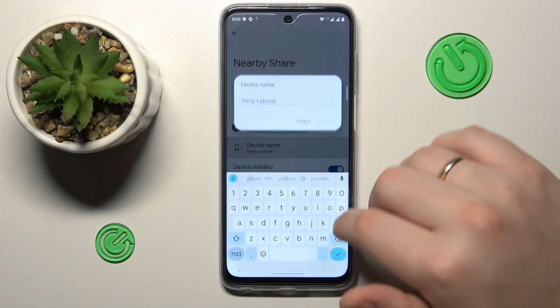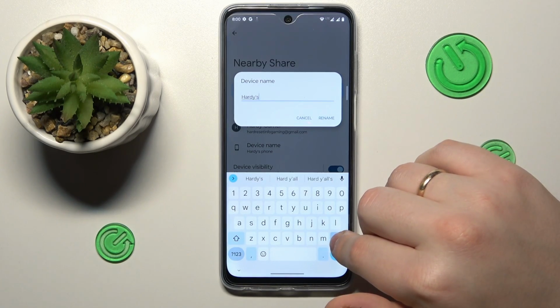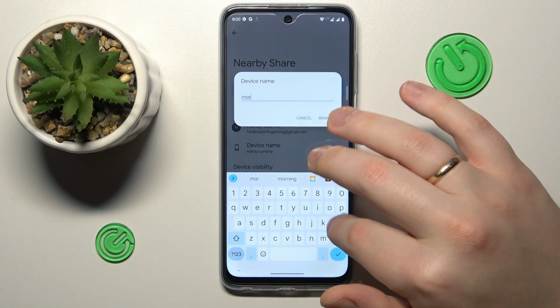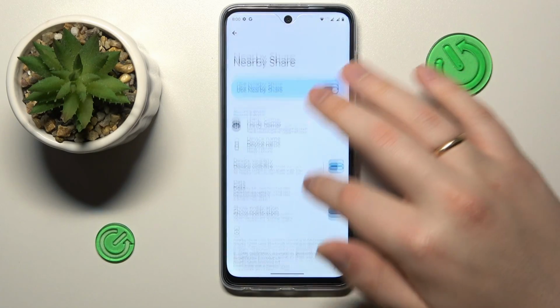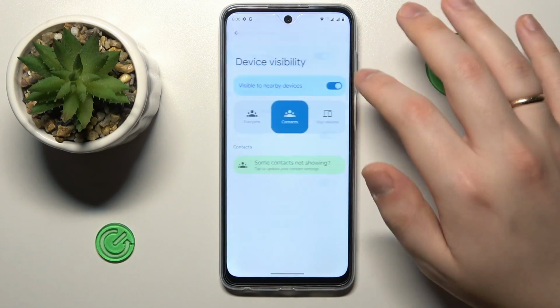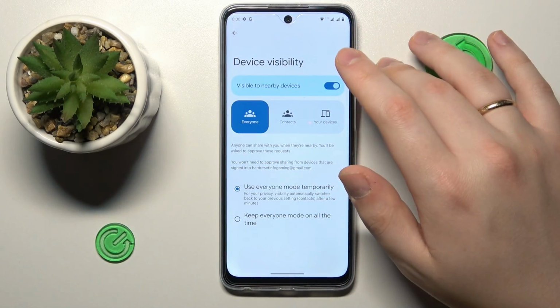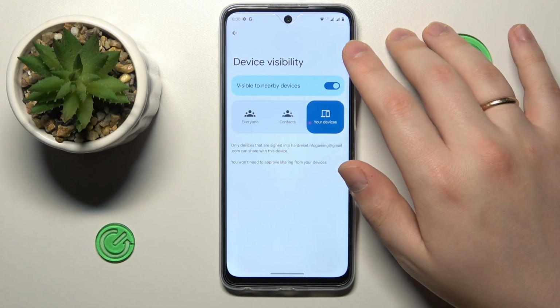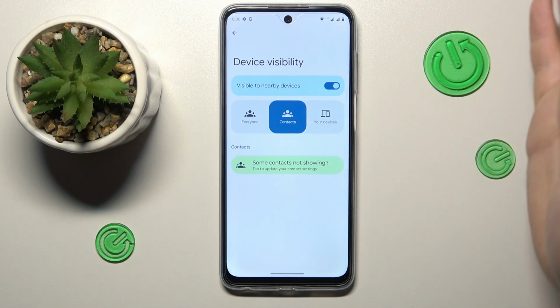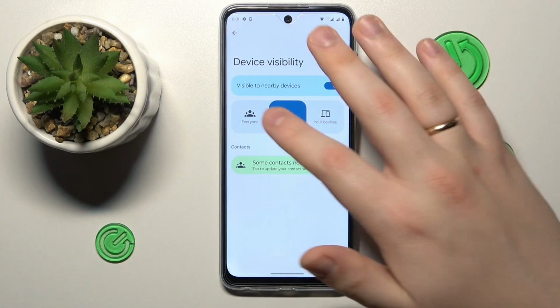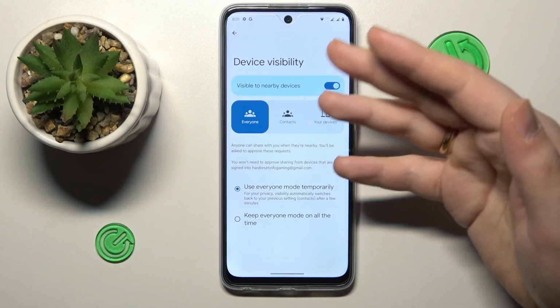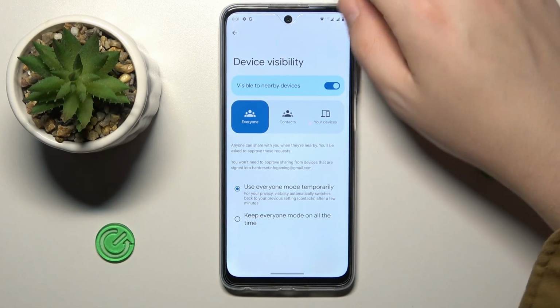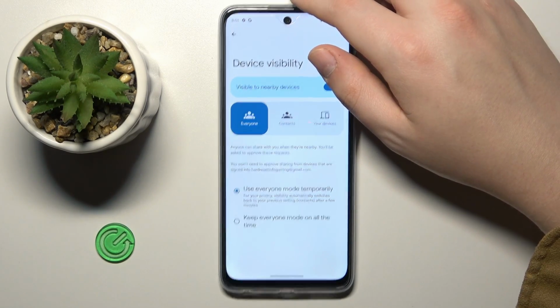So for example, you can set a custom alias for your phone. So I will name it to be simply Moto. Then you can turn on or turn off the device visibility, as well as change the mode that it is visible in. So you can restrict its visibility to only your devices, to only people from your contacts list, or to not restrict it at all and make your device visible to anybody who is currently in the range of